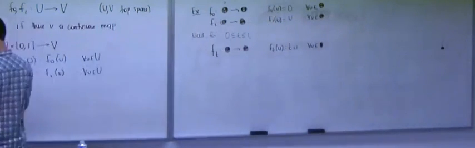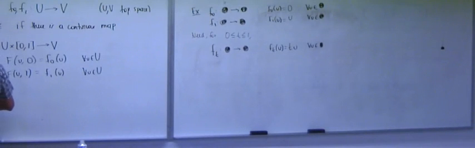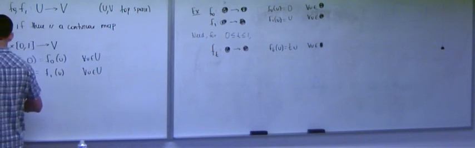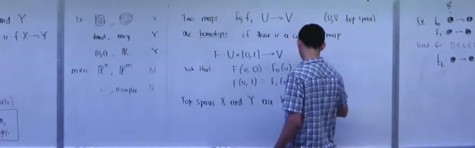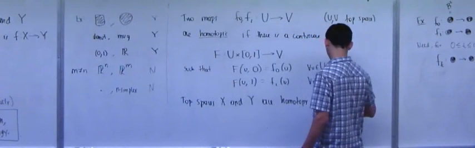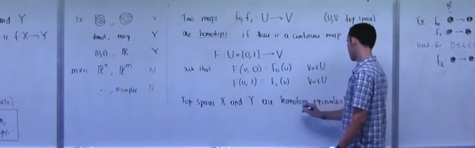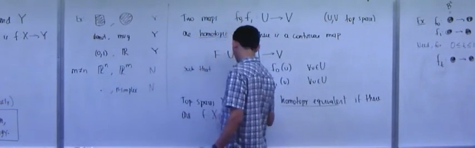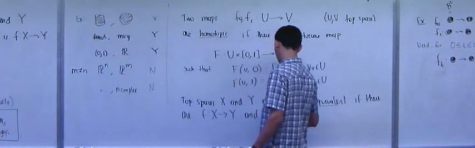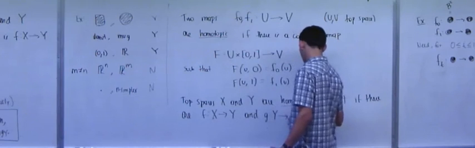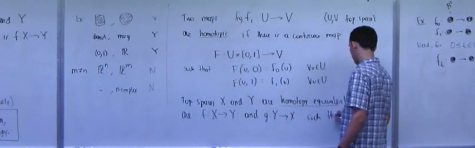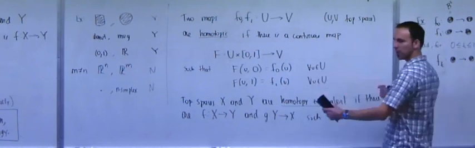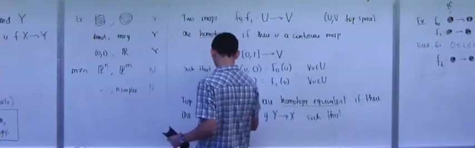And now we're going to say that topological spaces x and y are homotopy equivalent if there are forward and backward maps. So there's a map from x to y and a map from y to x such that if you go from x to y and back,